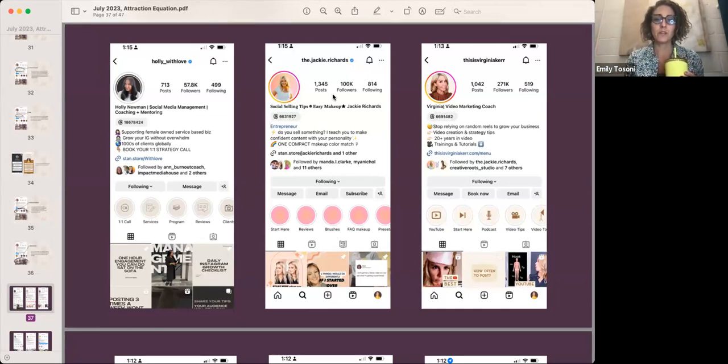What were each of the sections that are SEO? Okay, yeah. So the name field, and all that is in your workbook that's in the portal. So you just go to emilytassone.com, and when you log in and go into Attraction Equation, under week 2 is your workbook, and it's all detailed out step by step, and we'll give you that reminder in there as well when you pull the workbook up.